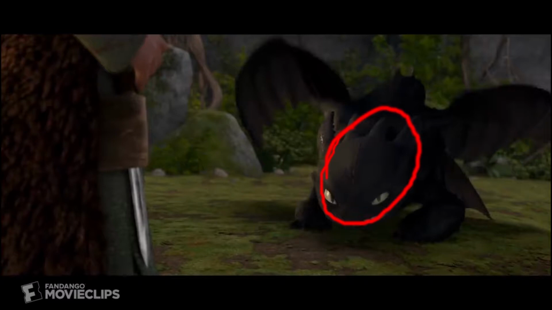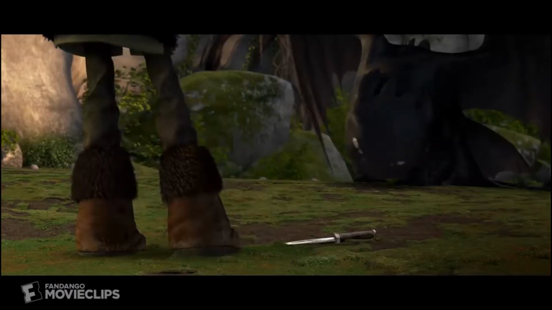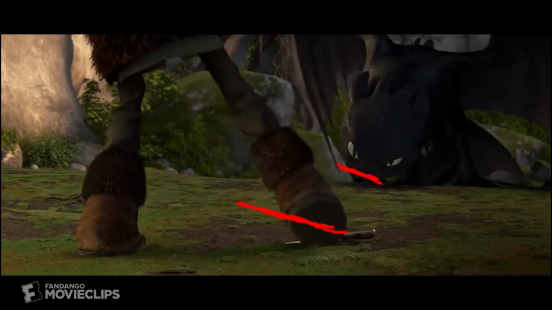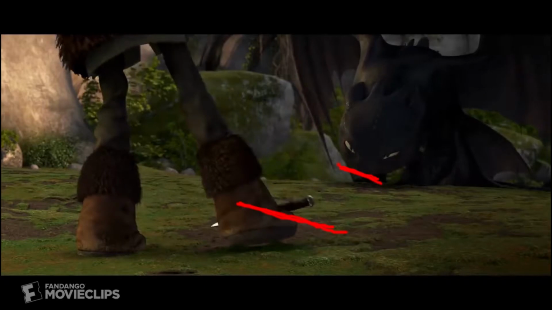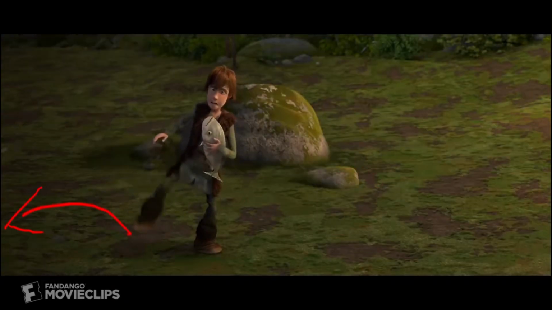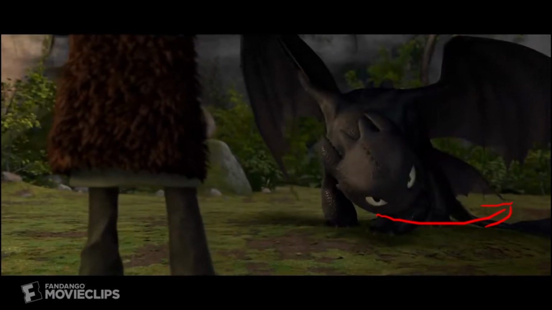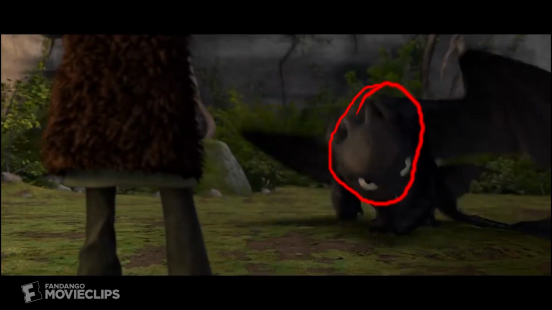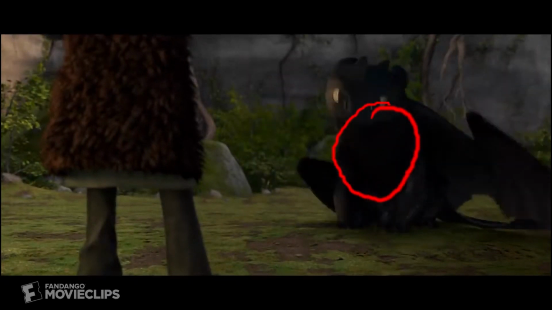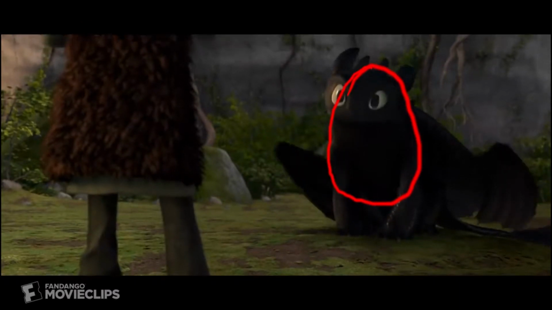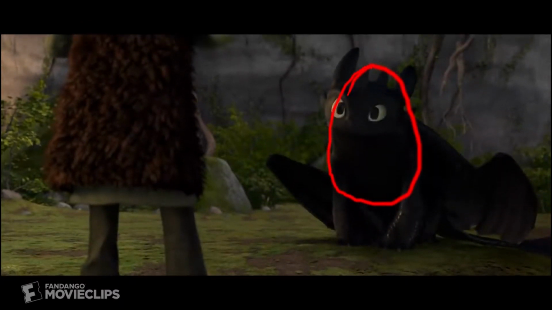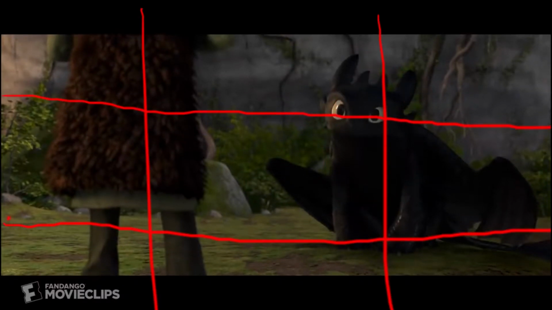Furthermore, with the use of anticipation, as Hiccup throws away the knife, Toothless follows the weapon's trajectory, leading into a strong sense of invisible anticipation of what he is going to do next, as it's invisible to the eye, but we can feel that something will happen. Before looking back at Hiccup, Toothless, again utilizing squash and stretch, stretches back into a more relaxed pose which expertly tells the character arc of Toothless from a defensive and aggressive creature to a docile and curious dragon. This moment is also improved by the staging of both Toothless and Hiccup within the line of thirds, which shifts the focus on the two main competing characters rather than the background.